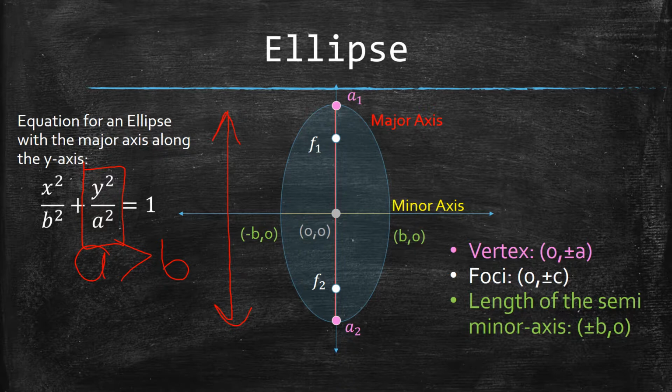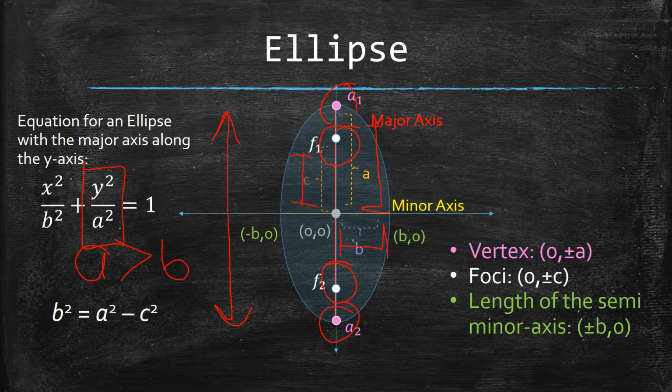Again, on the graph we have the components of an ellipse, including the vertices a1 and a2, the foci f1 and f2, and we also have the letters a, b, and c that represent the different distances, where a is the distance from the vertex to the center, b is the distance of the semi-minor axis, and c is the distance from the focus to the center. If we were only given a and b and we were to determine the length of c, we can use the equation b squared equals a squared minus c squared. We can plug in a and b and solve for c,